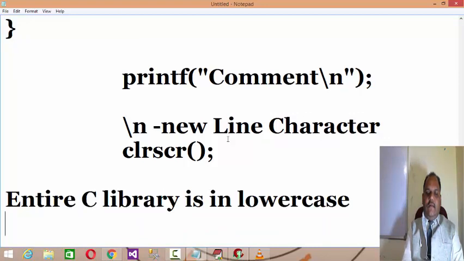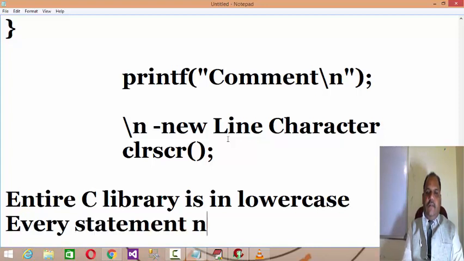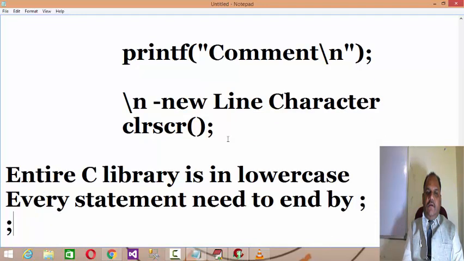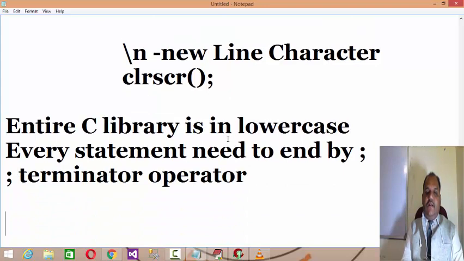right? And every statement needs to end with a semicolon. Now semicolon is called a terminator operator. It means like in English every statement ends with a full stop, right?